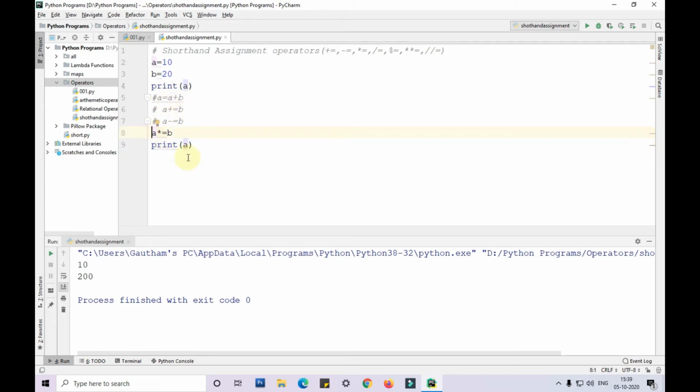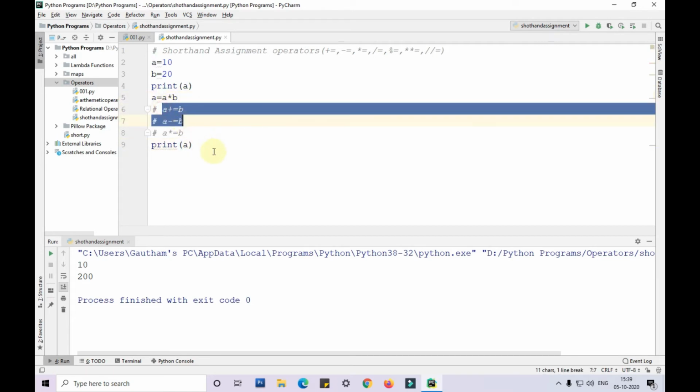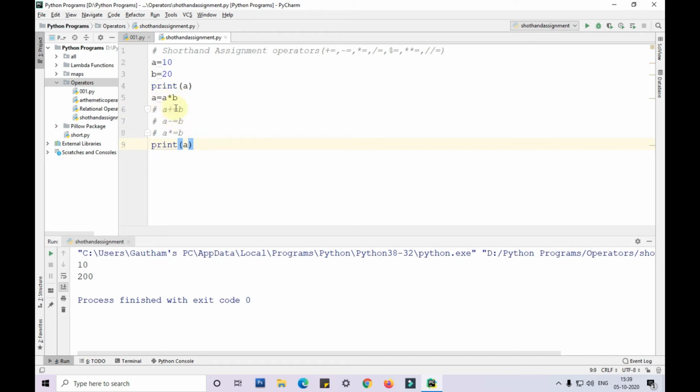I'll also show you like this again. So I've commented all these lines of code 6, 7, 8, and I'm just keeping 5 active and running this program. As you can see, the output of a is equal to a into b, that is 10 into 20 is 200. It is being assigned to a and it is printing it.